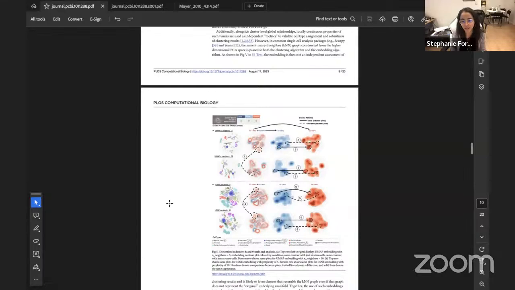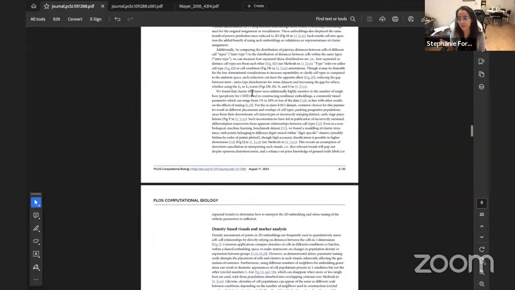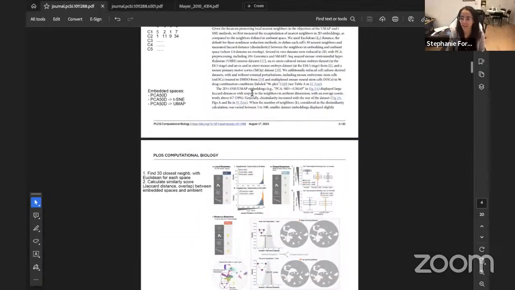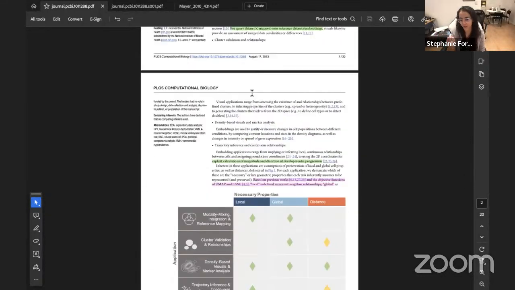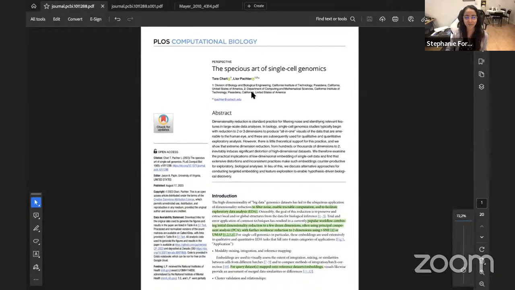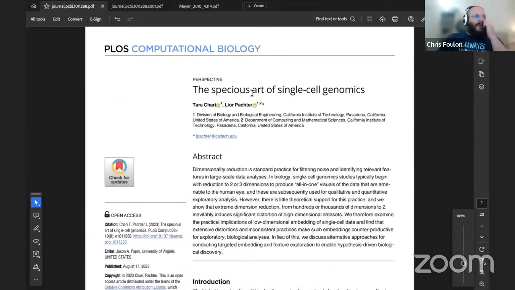I think it's very interesting, especially because most of us are also working with this representation of the data by using this kind of approach. So I will let Chris ask his question. So yeah, go ahead. Hi, thank you for this paper. I'm going to have to read it in more detail. It's very interesting. One thing,